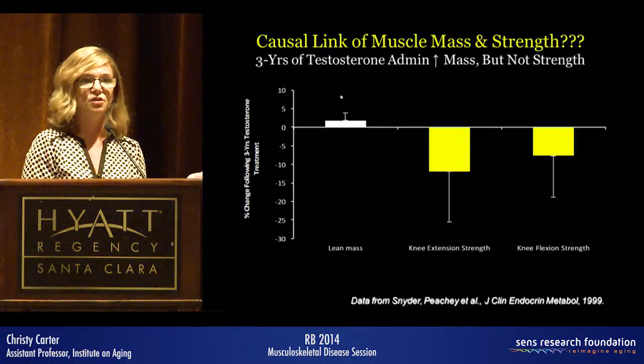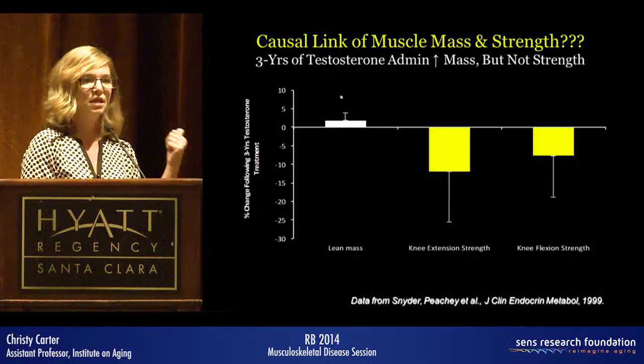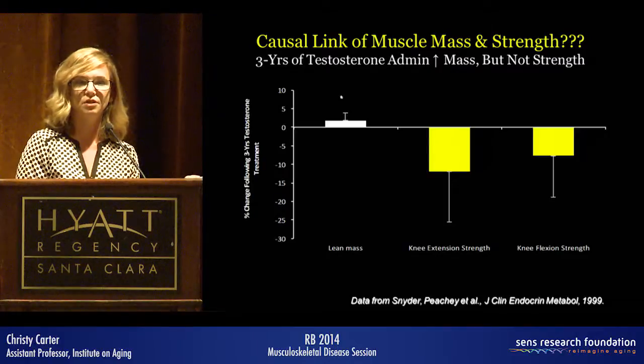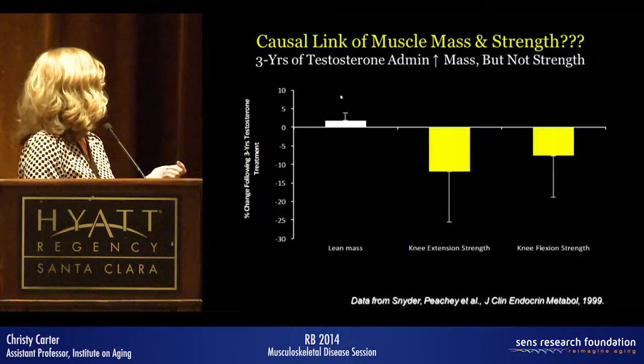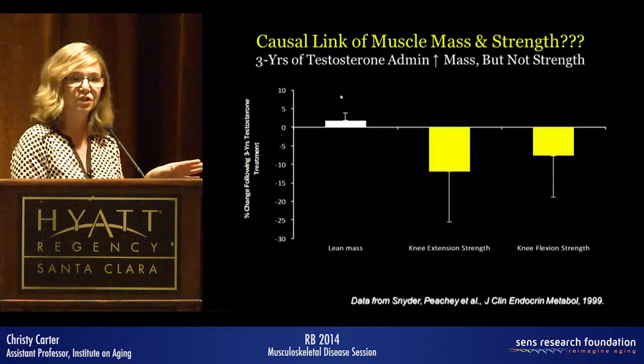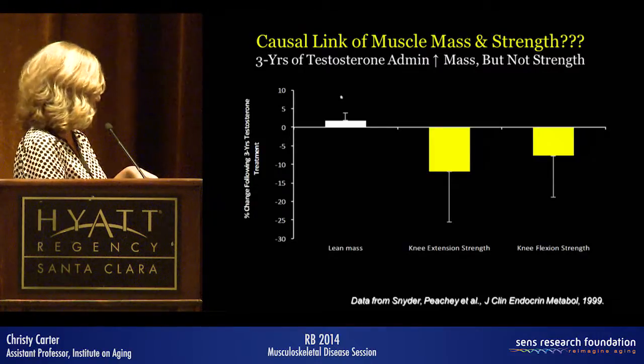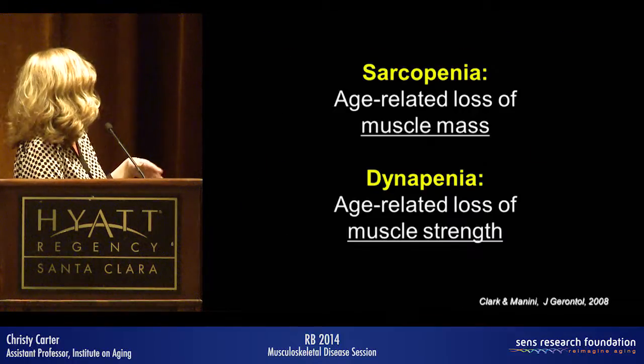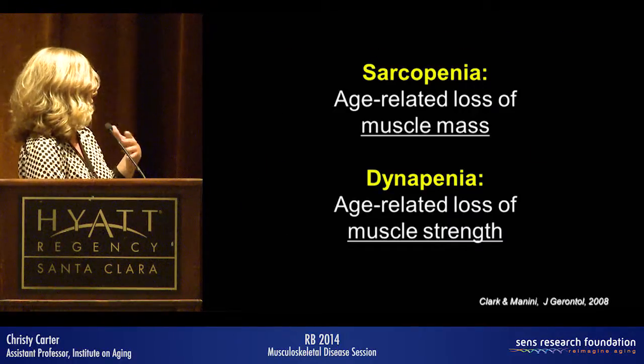We know this is also the case for growth hormone. You can give growth hormone to older people, you can build muscle mass, but you do not build strength. So we have to change our minds also about how we attack interventions and what kind of interventions we're giving to these people, to older people. So because of this,